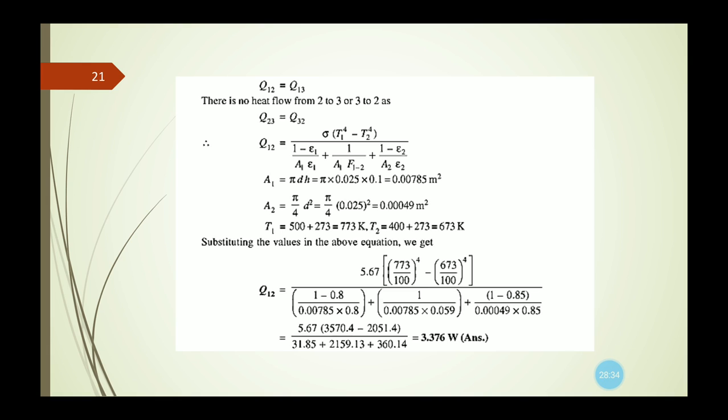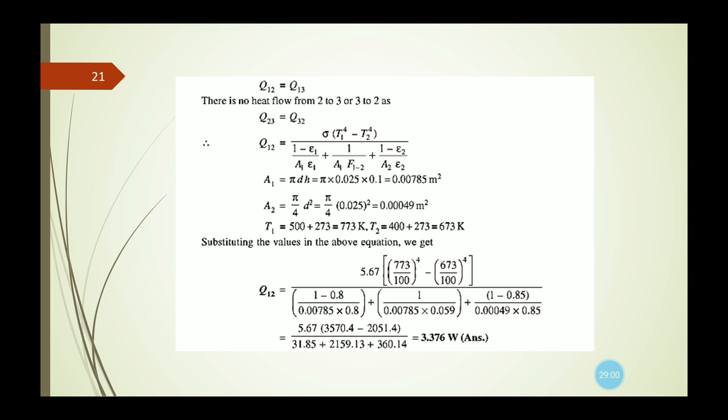epsilon 2). The area for the cylindrical surface is pi d h, and the area for the circular surface is pi d square by 4. The temperatures T1 and T2 are given, written in Kelvin. Now if we put all the values in the Q12 equation, then after some steps we get the value as